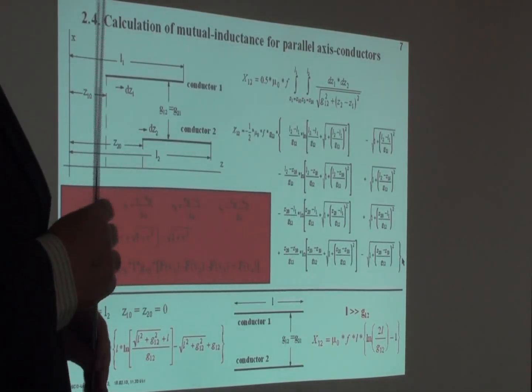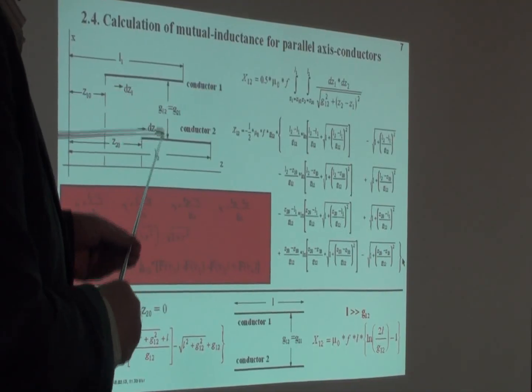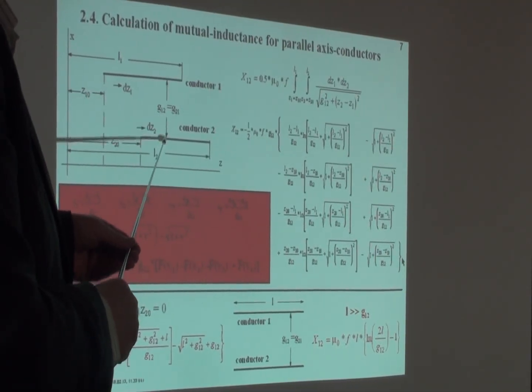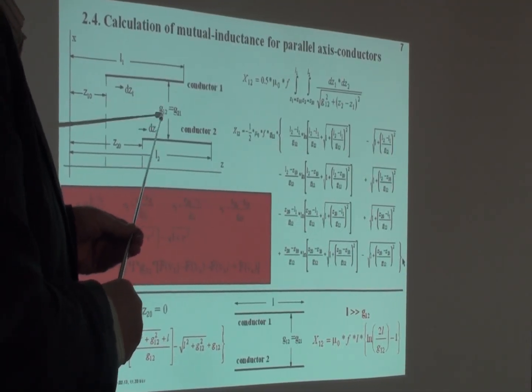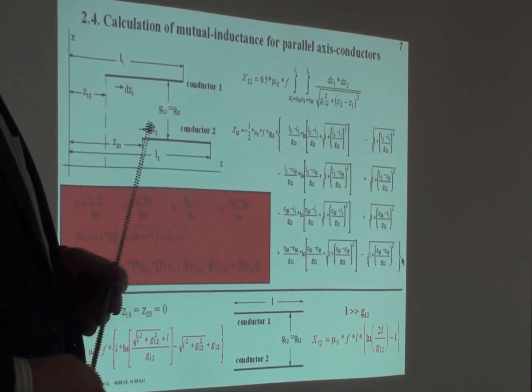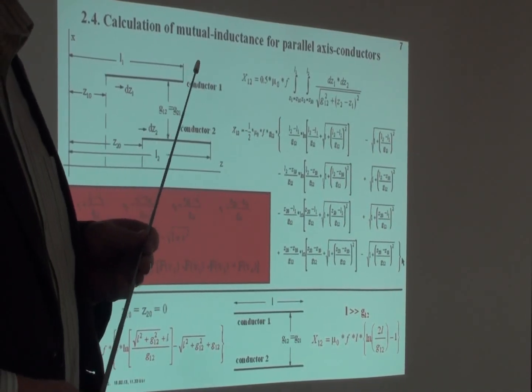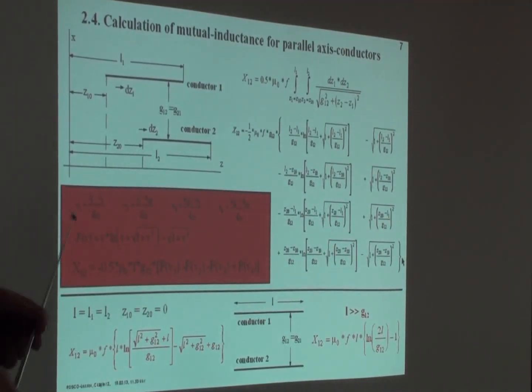If we have excess conductors, we have line conductors. We have here a distance, the parallel distance between these. We call it G12. Why? Later we will call this geometric mean radius. But in a moment